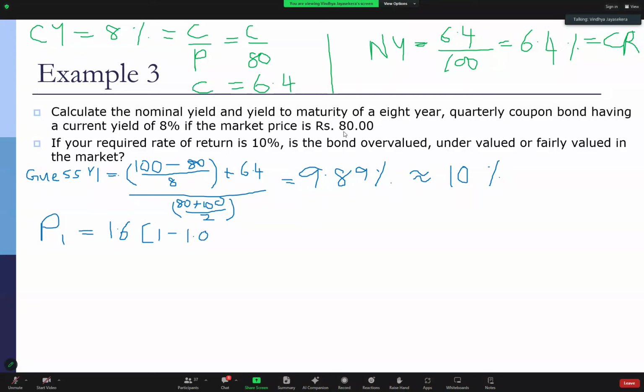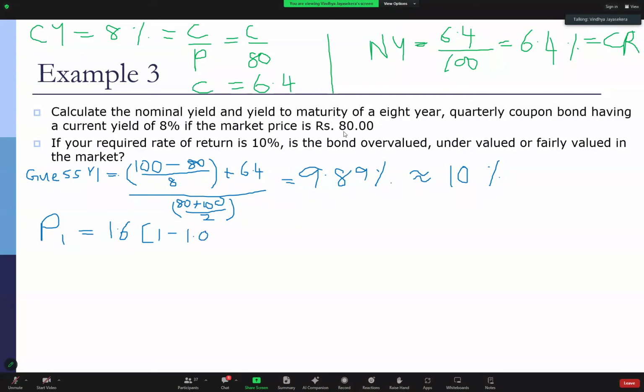Can somebody confirm? Okay. 80.3357. Right. So that's P1. Now you have to guess. So that's close enough. Now we have to guess